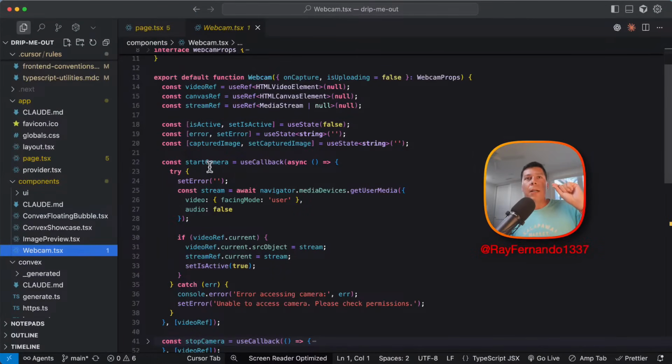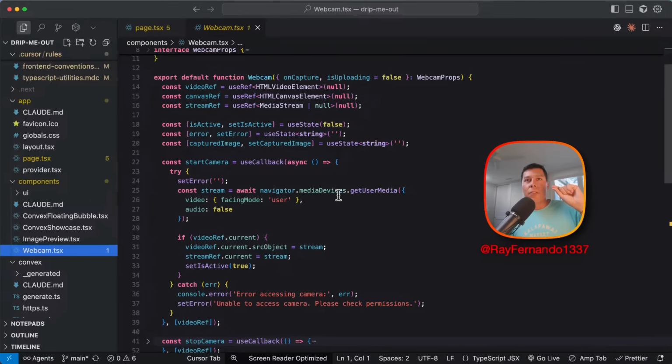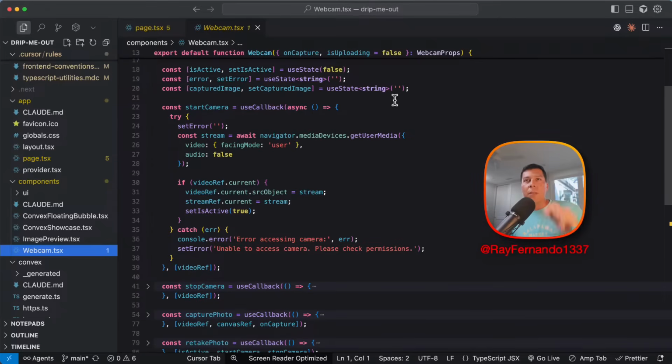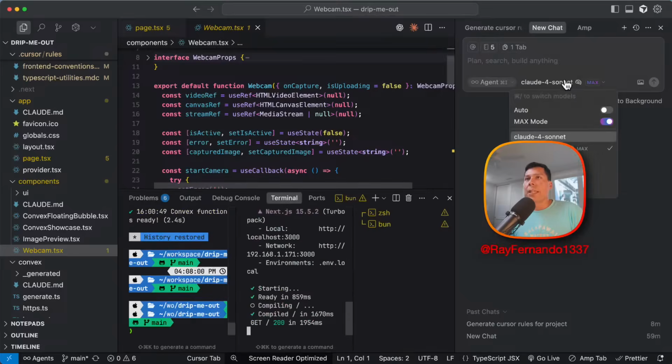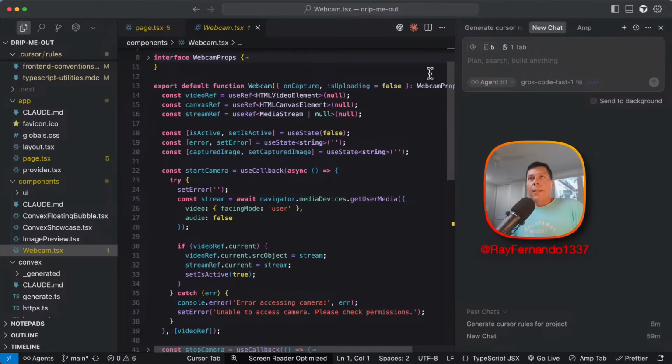So we have this concept of starting a camera, and in order for it to get a stream, it uses get user media. And there's no information about what specific camera and what other parameters we should be using. So that's what I'm going to go ahead and do. In the agent here, we're just going to select Groq with a K, code fast, and I'm going to use the max model. Then I'm going to go ahead and say,